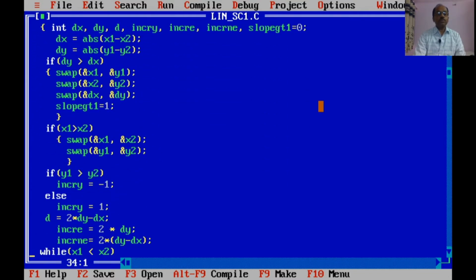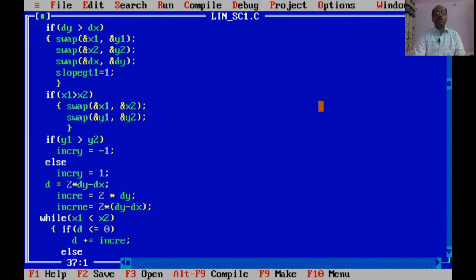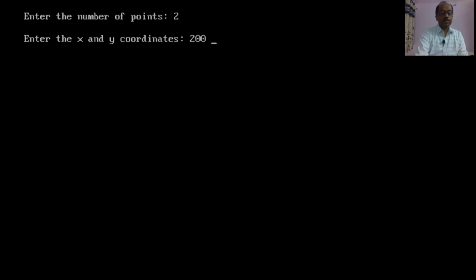With this program, we will see how a line is drawn in graphics. So, let us execute the program, Control F9, and now it is asking how many points. For a line we enter 2 points, and now it is asking the starting point and end point coordinates. Let us give it 200, 100,